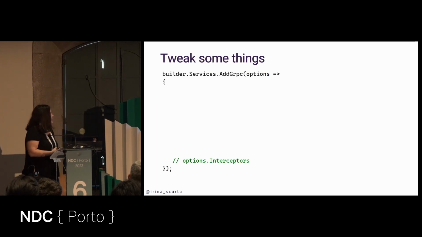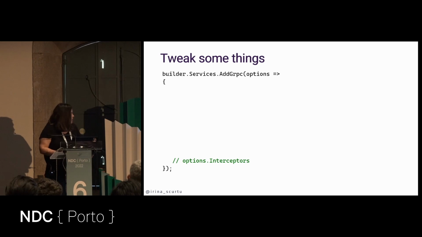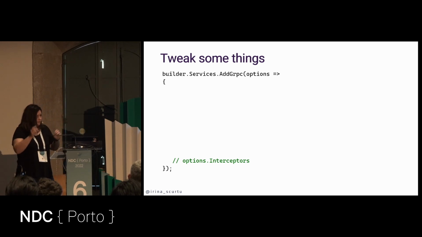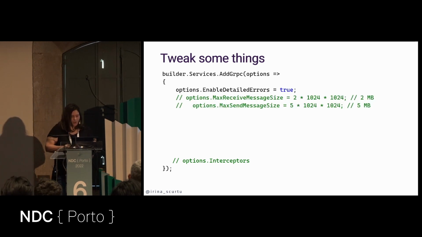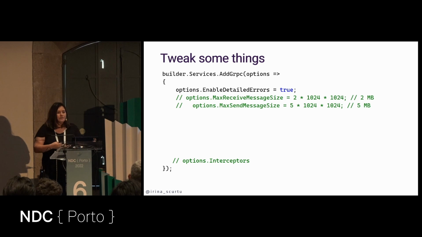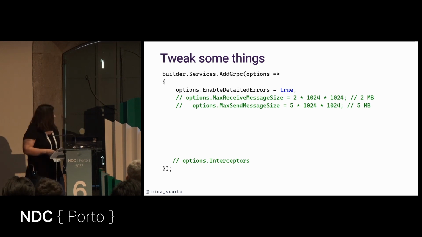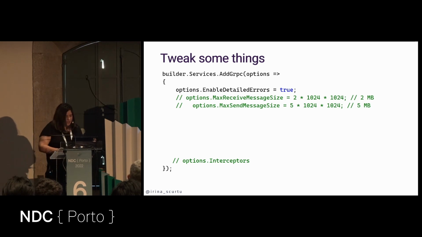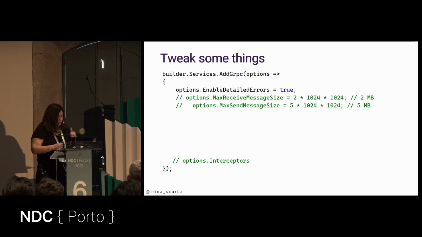Okay, so what can we tweak in a gRPC service, or in gRPC in general, in .NET? When we create a project in services, the middleware has a lot of things that can be fine-tuned. One of these is enable detailed errors. If you want detailed errors regarding gRPC, you can set that flag to true. Also, you can limit or increase the limit regarding the message size. For each request, you might have scenarios where you say, hey, I don't need more than 1 megabyte for each request, and you will be able to modify and add it here.